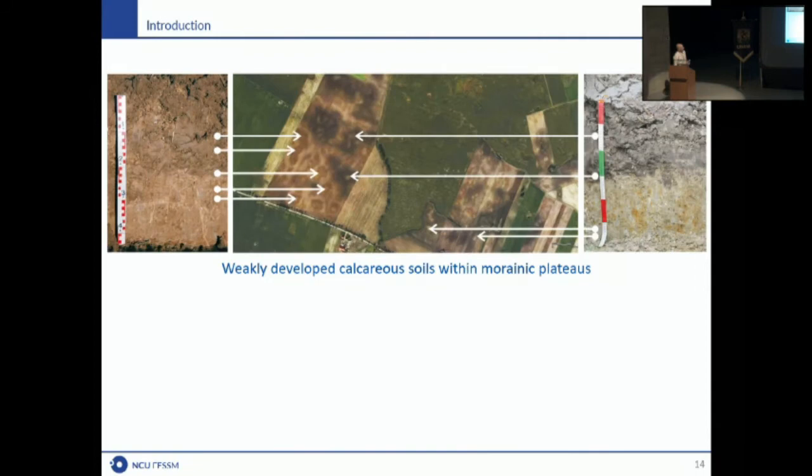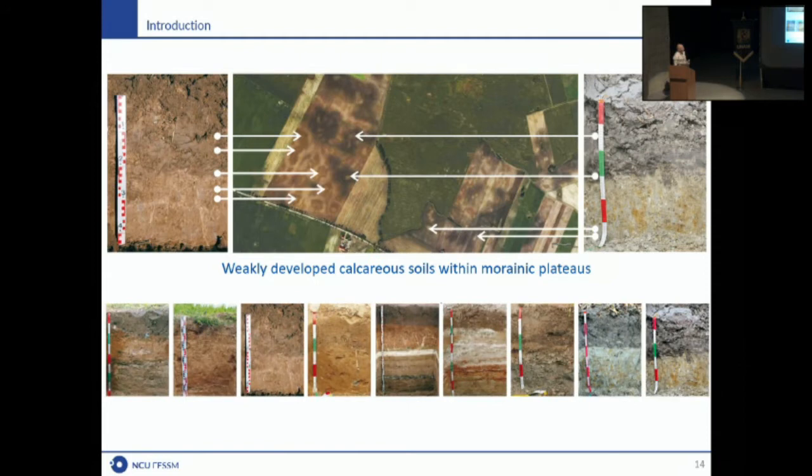And yes, they are very clearly visible on the orthophoto maps, of course, but they are not so homogeneous. Of course, they have only two horizons. This is the common feature of them. And under this, they have a bigger or smaller amount of these secondary carbonates. But sometimes they also have some gleyic properties or stagnic properties that are visible on this right side. Sometimes they're more dry without these features. Sometimes these humus horizons are well developed. Sometimes are very, very weakly developed.